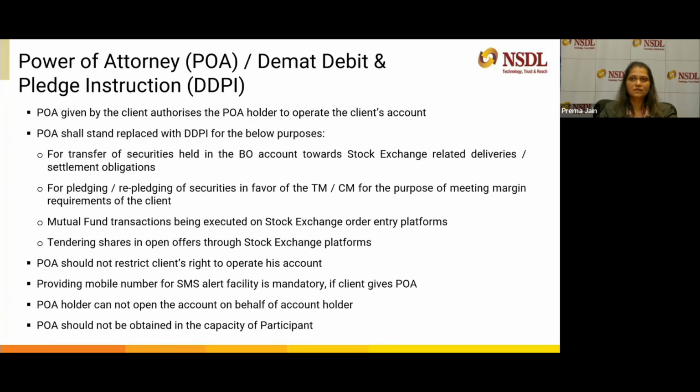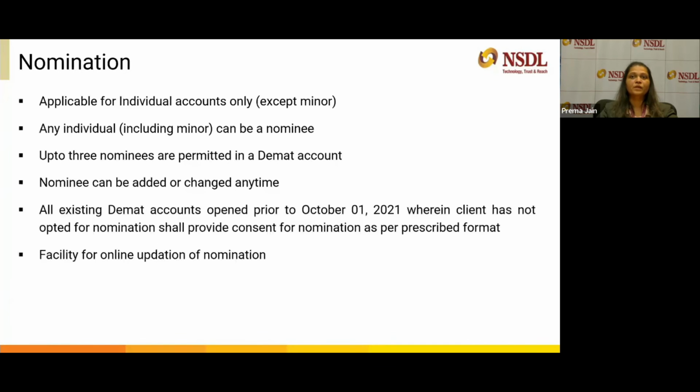POA should not restrict the client's right to operate his account. Providing mobile number for SMS alert facility is mandatory if client gives POA. POA holder cannot open the account on behalf of account holder, and POA should not be obtained in the capacity of participant. In case of